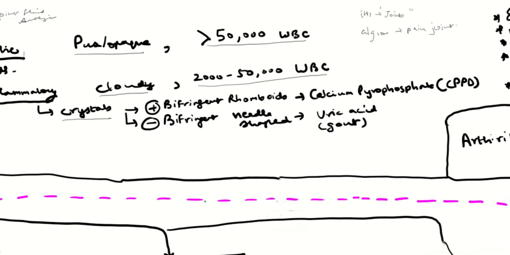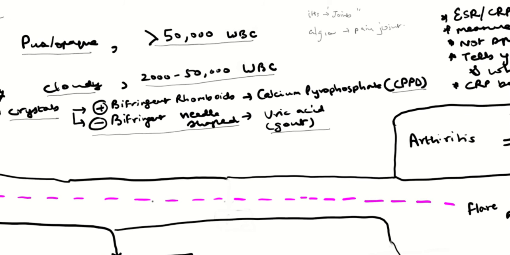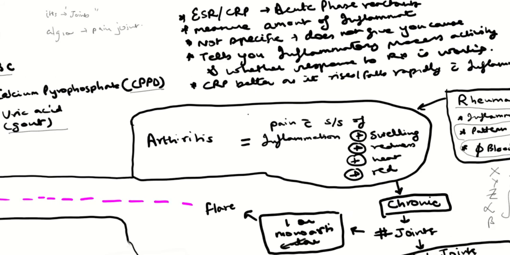So if you see positive birefringent rhomboids, it's calcium pyrophosphate, and you got your diagnosis of CPPD. If you have negative birefringent needle-shaped crystals, those are uric acid crystals, and you have a diagnosis of gout. And we'll talk about both these diseases in detail in a bit. Okay. So that's one. Next,